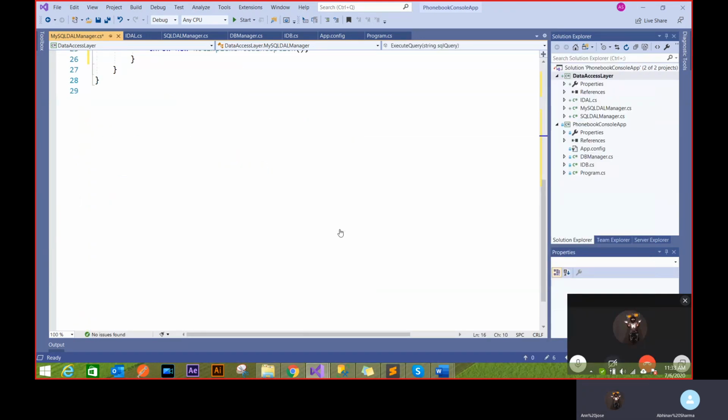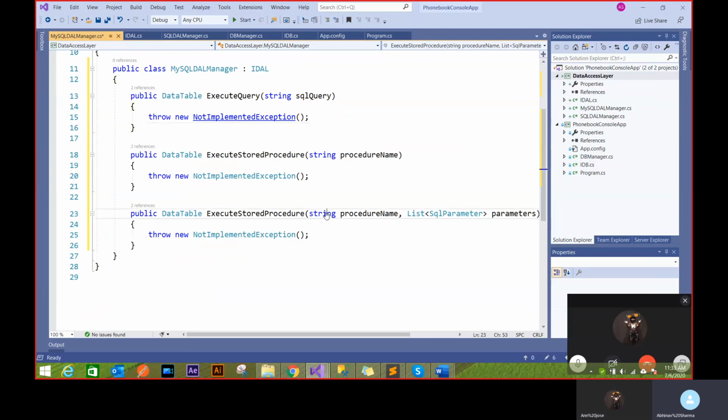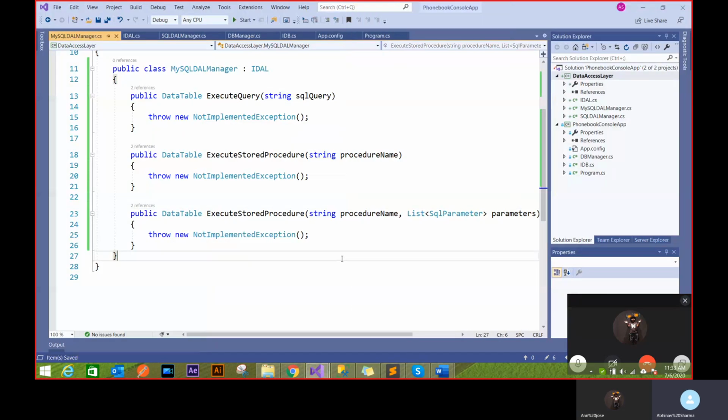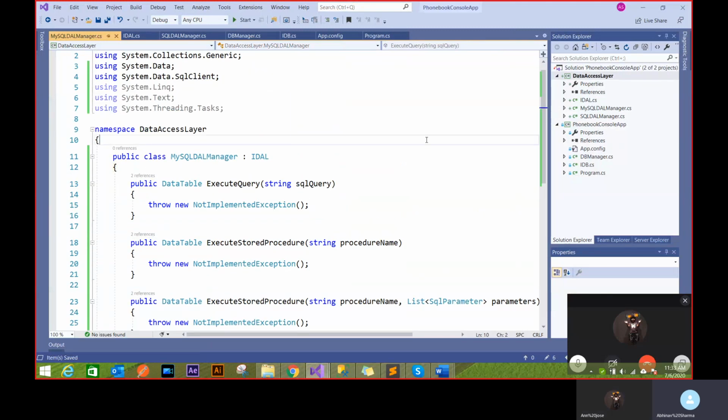Right now, I'm just going to implement it with these exceptions. If somebody tries to call it, it's going to break apart. But we will be coming back when we do this part, and we will be filling this in, and then you'll realize the importance of having a constructor. So right now, I won't be implementing MySQL, but we will be doing that later on.